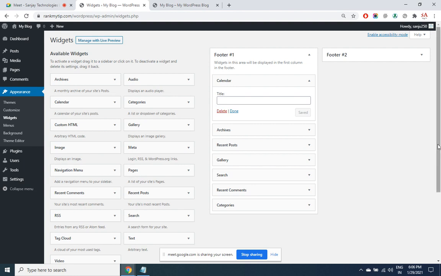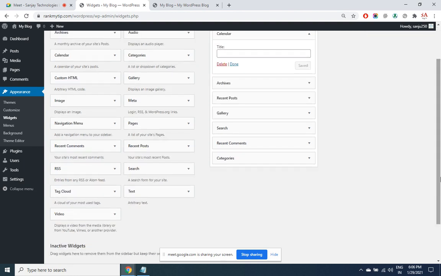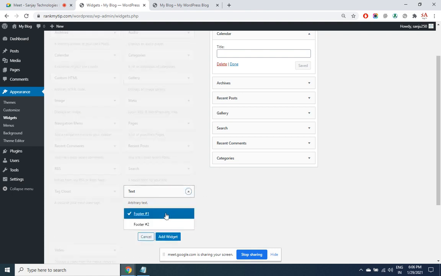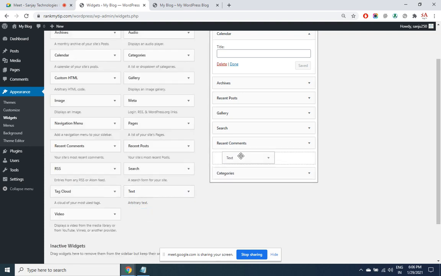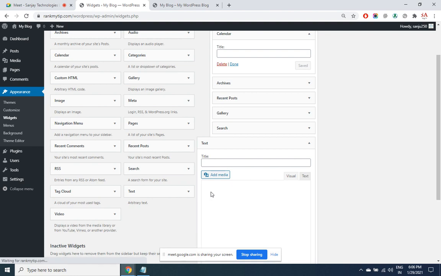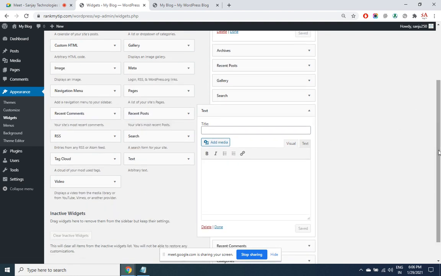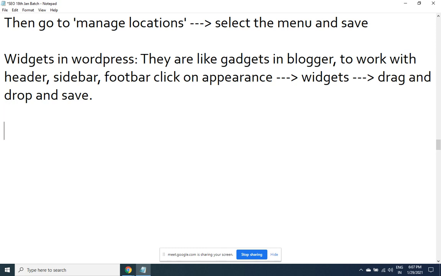Now important point. What we used there as text HTML gadget, here it is called as text widget. So what you can do, drag and drop. Now within this box, you can either place Google ad code, affiliate ad code, cricket score, anything that you're getting externally. Dump that code here. This is a universal widget to place any HTML code. Same thing what you have there as text, HTML JavaScript, here it is called as text.